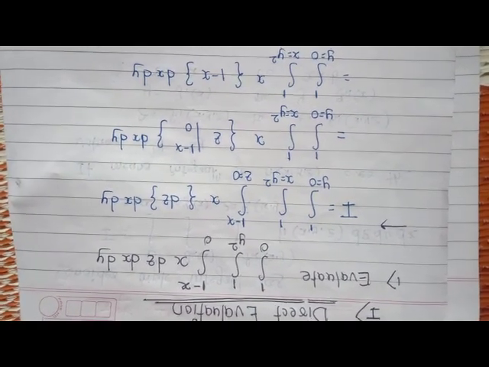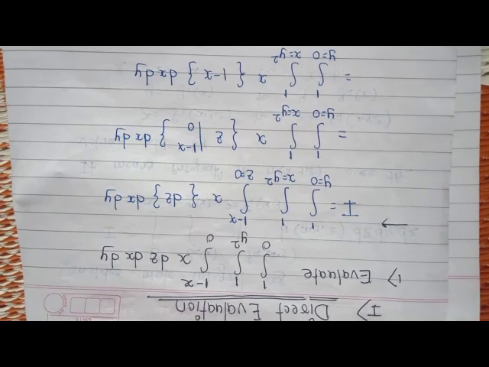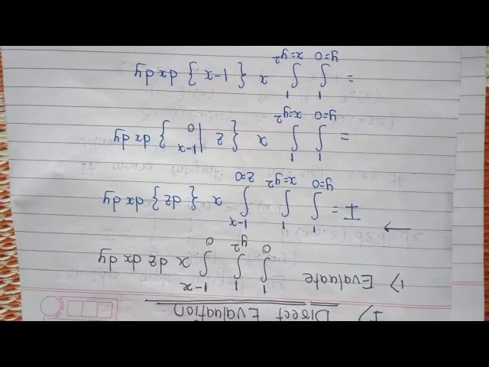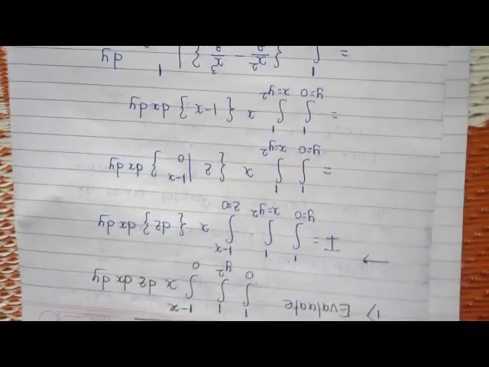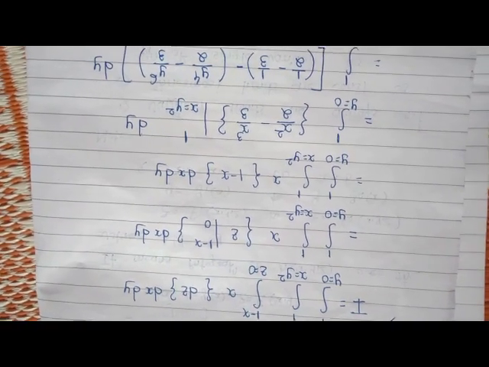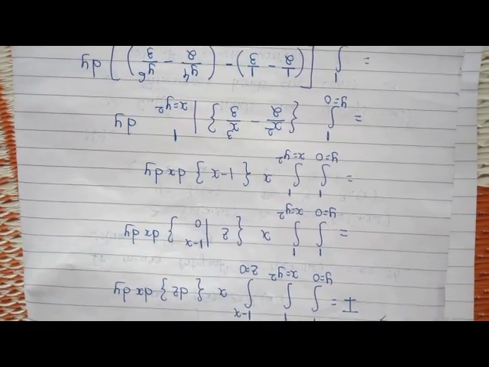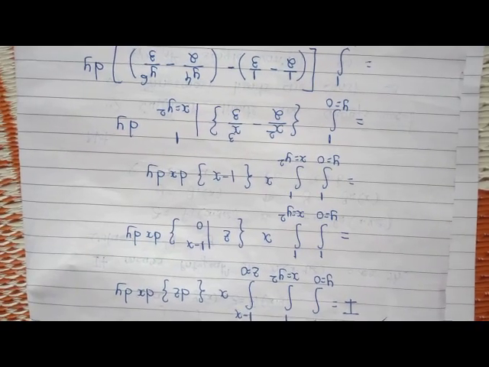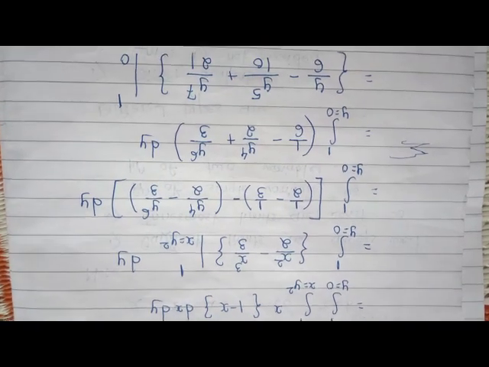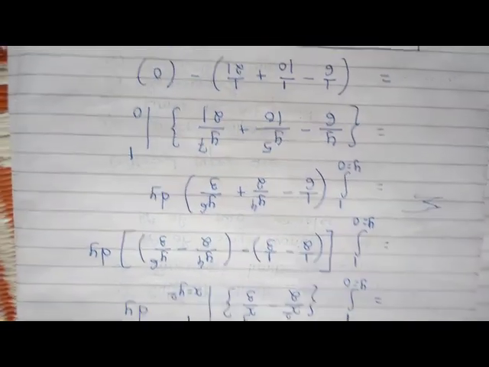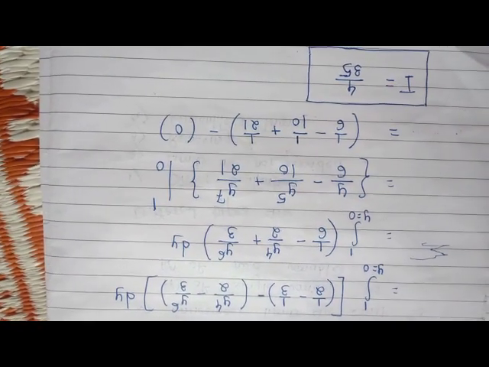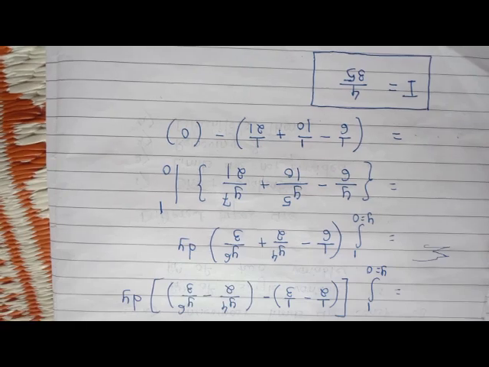So we have to integrate with respect to z first. So the term in z is dz, its integration is z. x is constant, then limits 0 to 1 minus x are substituted. Then we have x(1 minus x) dx dy, then it is integrated with respect to x, so x square by 2 minus x cube by 3, then the limits are substituted, and then we get a single integral to be integrated with respect to y, integrated and limits are substituted. So the final answer is 4 divided by 35.